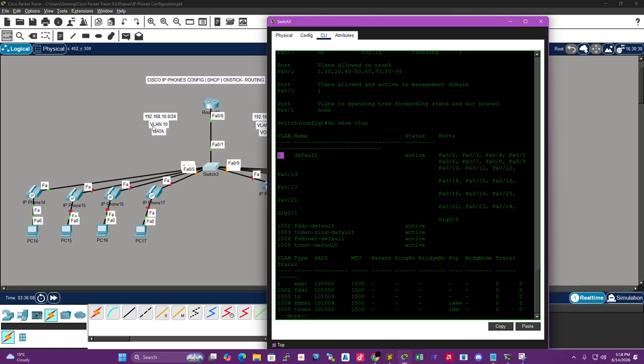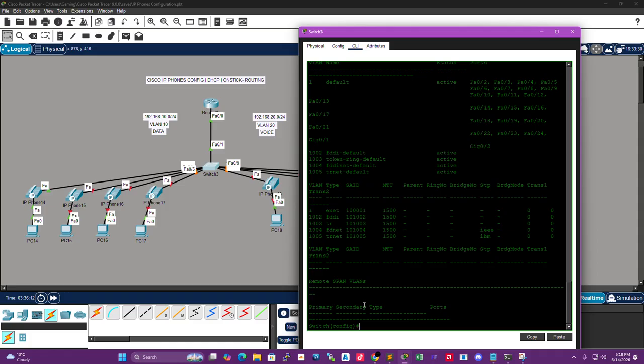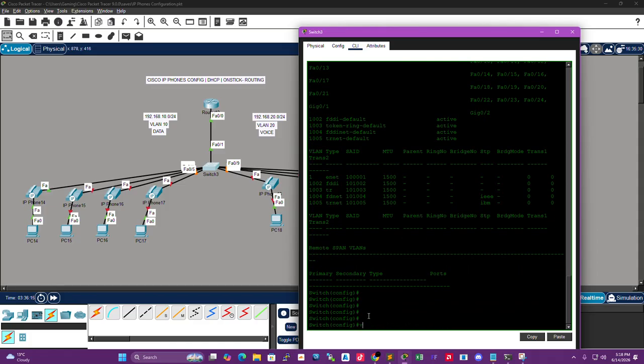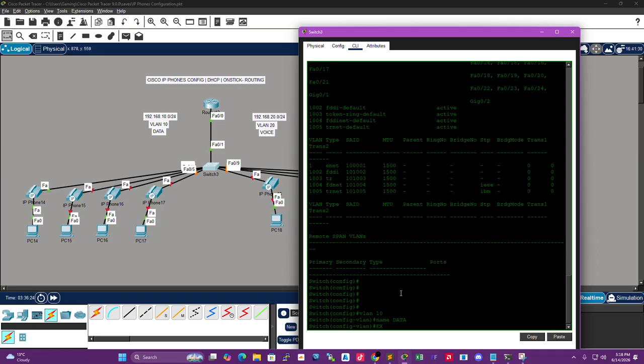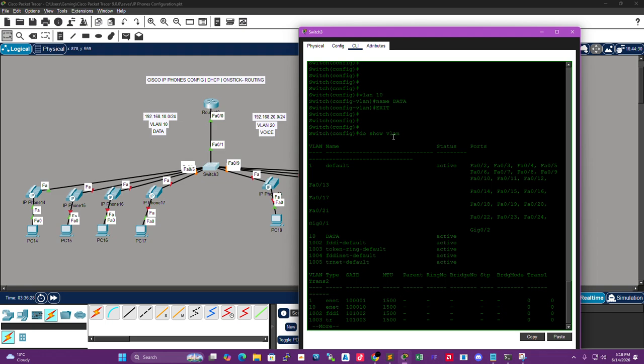We haven't actually created that VLAN 10 and also VLAN 20, so we have to make sure our switch actually has those VLANs. We have to create VLAN 10, and then we can give it a name if we want to. In this case, we already know that this is going to be our data, so let's call it data, and then let's exit. Now if I do that command again, do show VLAN,